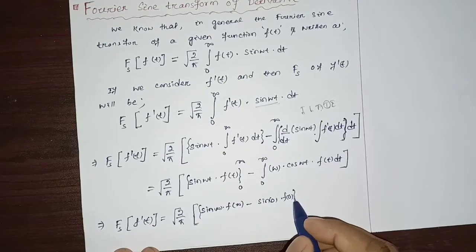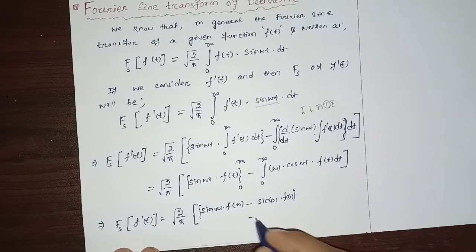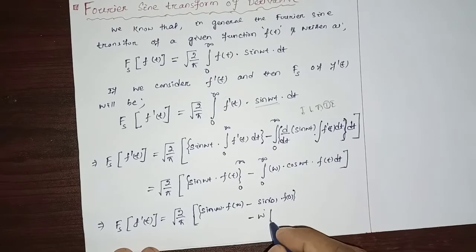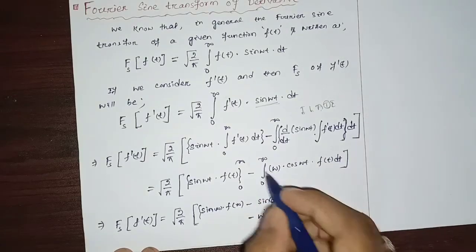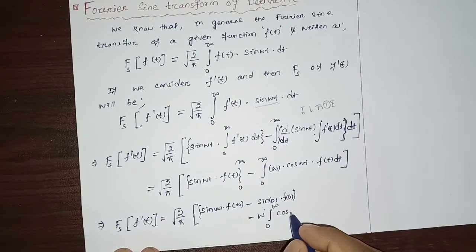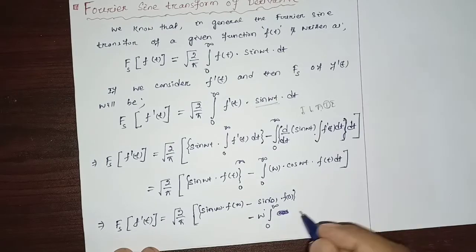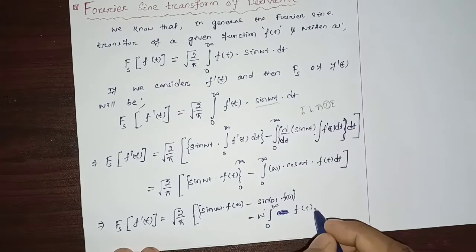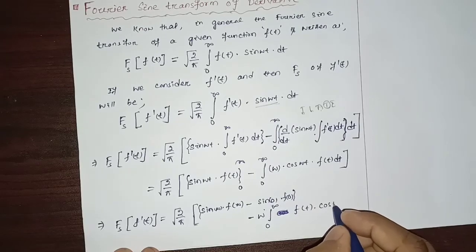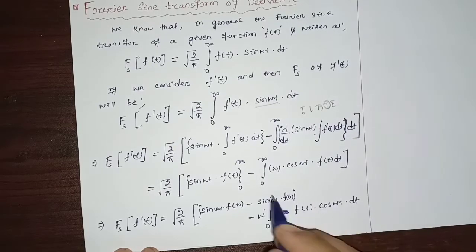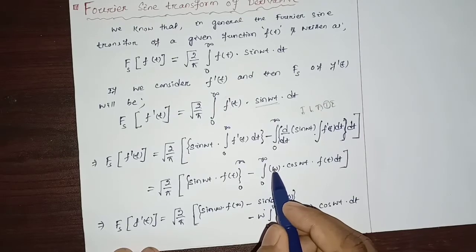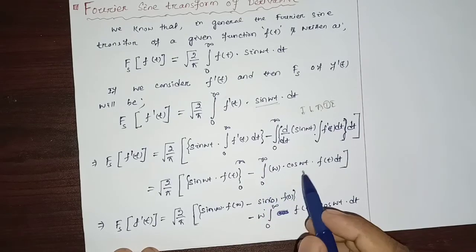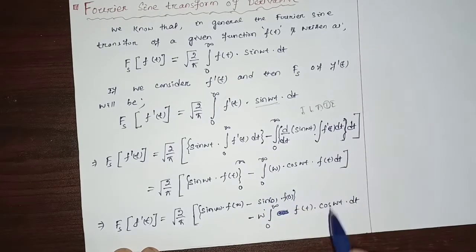Okay, then this will be minus omega, integral from 0 to infinity, omega taken outside, f(t) into cos(omega t) dt. Okay, what I have done: this omega is a constant, taken outside of the integration, and f(t) I have written first, then cos(omega t). Okay, so here you can see that